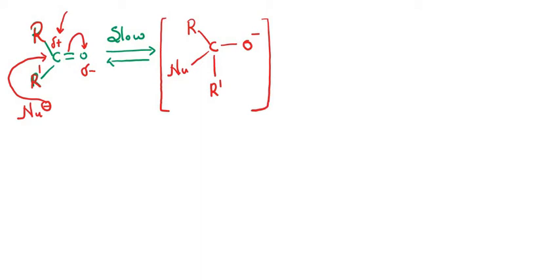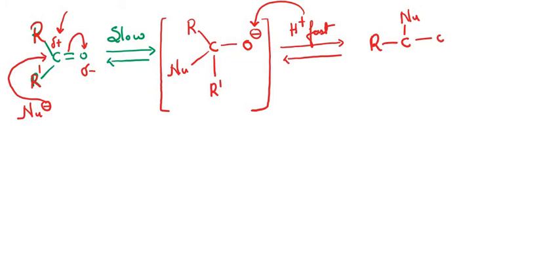So this intermediate, in the presence of an acid, that is H plus, will be undergoing a very fast reaction. Initially the reaction will be slow, but later on it will be very fast, by abstracting this H plus. So H plus will be readily attacking on this oxygen atom to give the compound, that is the nucleophilic addition product. So R, then C, then followed by a nucleophile, then followed by OH, and the other part is R dash. So this is our product.